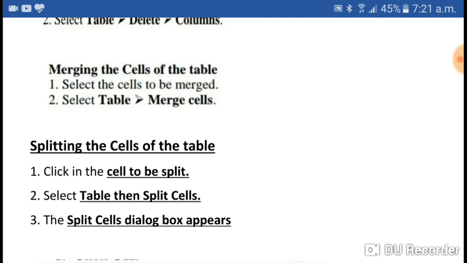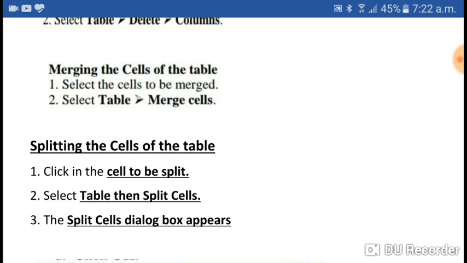Just select the number of cells you want to merge, and then select table, and then there is the merge cells option. Yes, already we have seen the table menu. In the table menu there is the merge cells option. Whenever you click on the merge cells option, your selected cells will be converted to one cell.